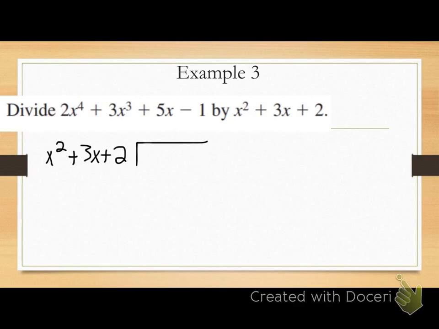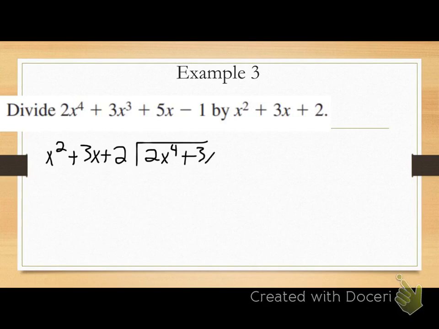For my dividend, does that have all the consecutive terms? What's my biggest exponent? 4. Do I have a term with an exponent of 3? Yes, I do. Do I have a term with an exponent of 2? No, so I'm going to have to use a 0 to fill in that x squared term. Do I have an exponent of 1? Yes. Do I have a constant? Yes, I do. So, 2x to the 4th